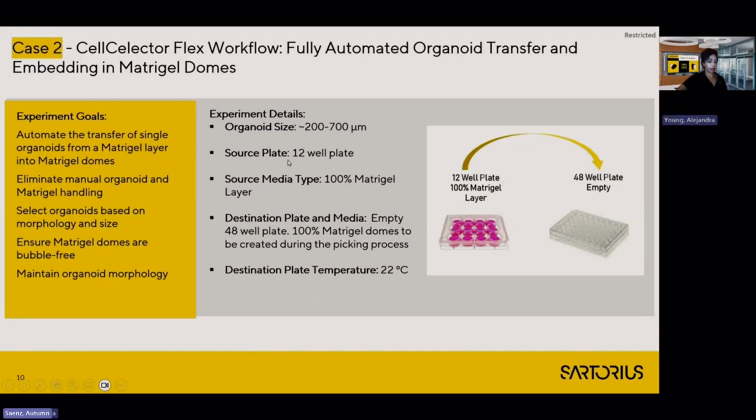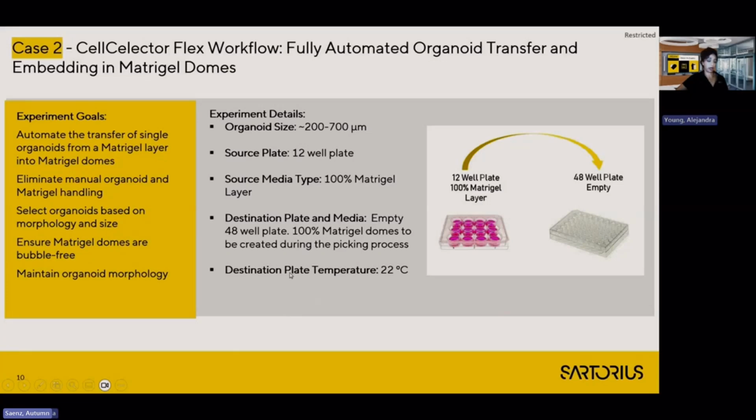Doing the full automation of this process eliminated the manual organoid and Matrigel handling. It also allowed us to select the organoids based on morphology and size and ensure that the Matrigel domes were bubble-free, maintaining the organoid morphology.